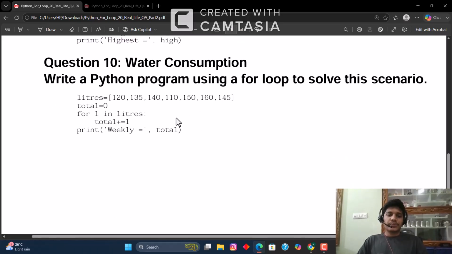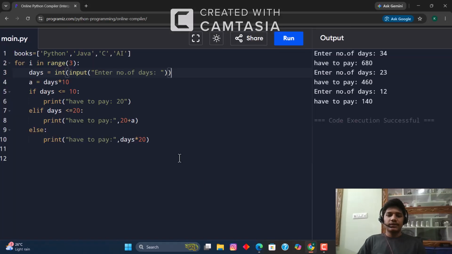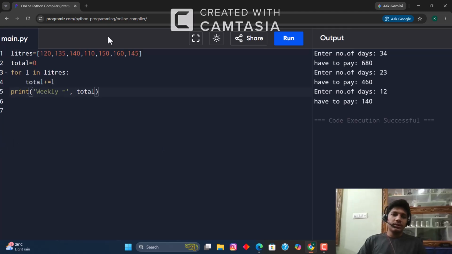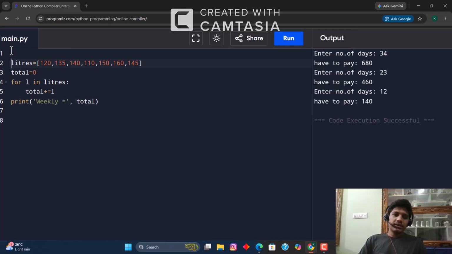And water consumption, see here, liters 120, 135, 140, 110. So total liters we consumed. So here when you compare it, it will add the integers. So instead of this, if we use import random every time, it will be more constant use, right? So if you use another thing